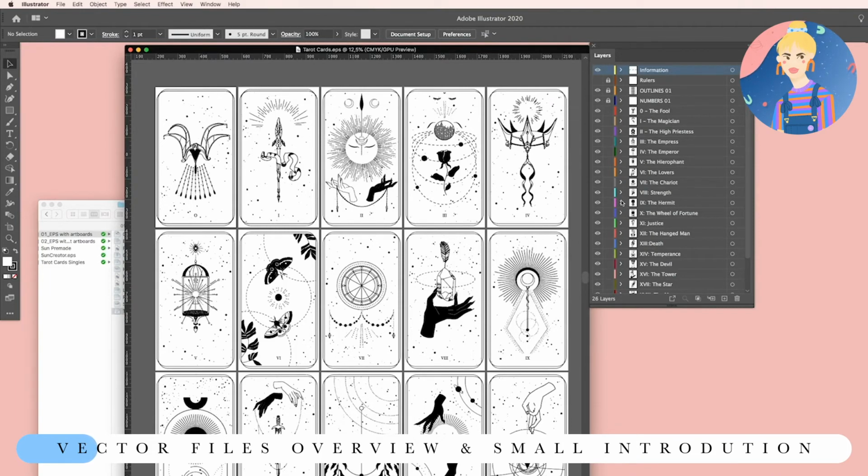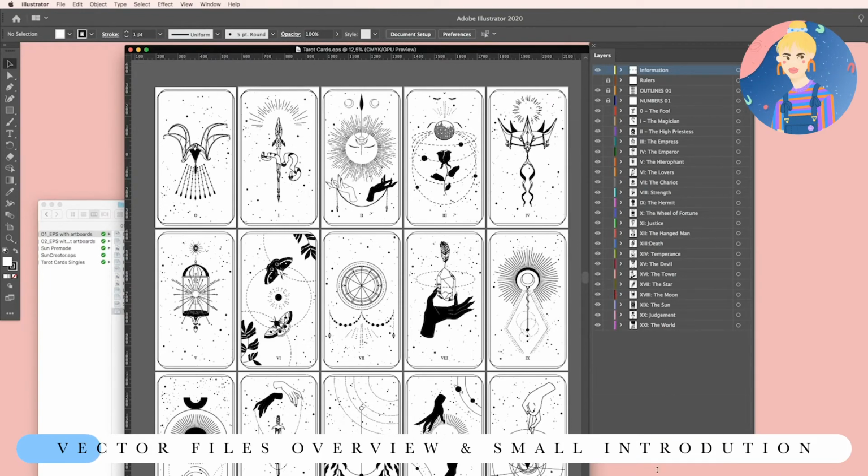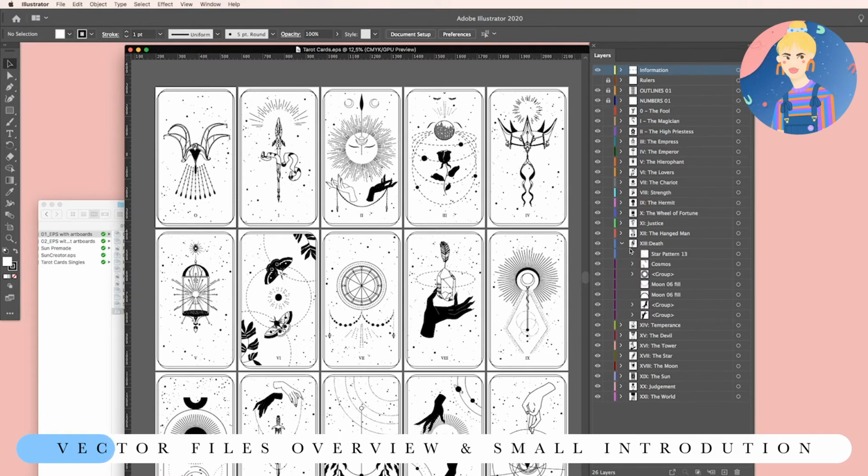So these are the layers. As you can see, they are all named and separated, and these are the singles files. I wouldn't mess too much with them because they are all set as the animation are set, but if you want to recreate them, all of the elements are included in this collection. So let's take a look at the